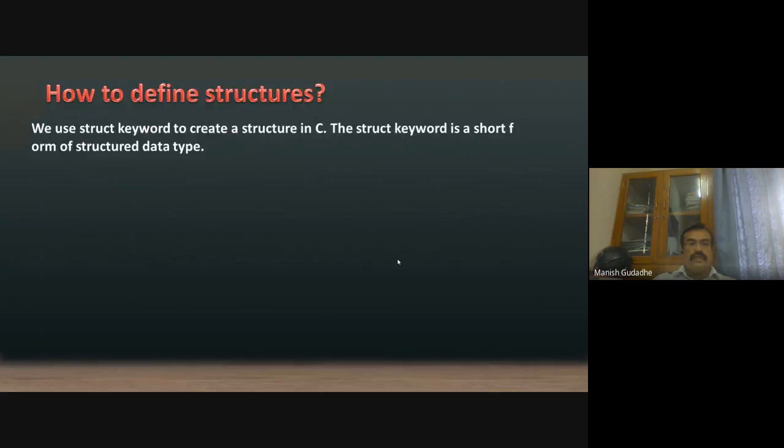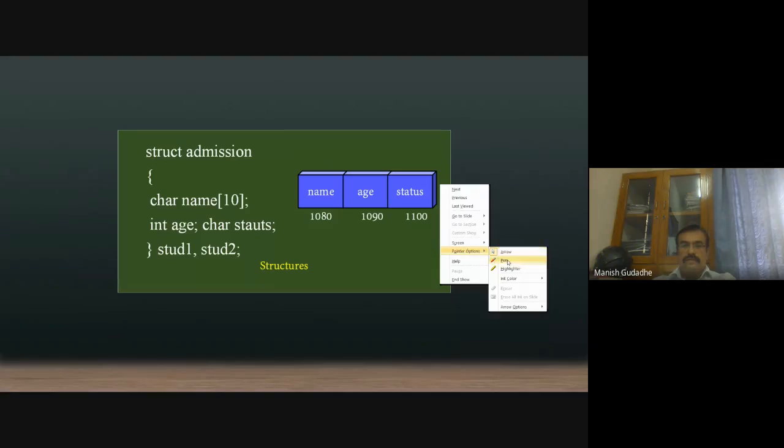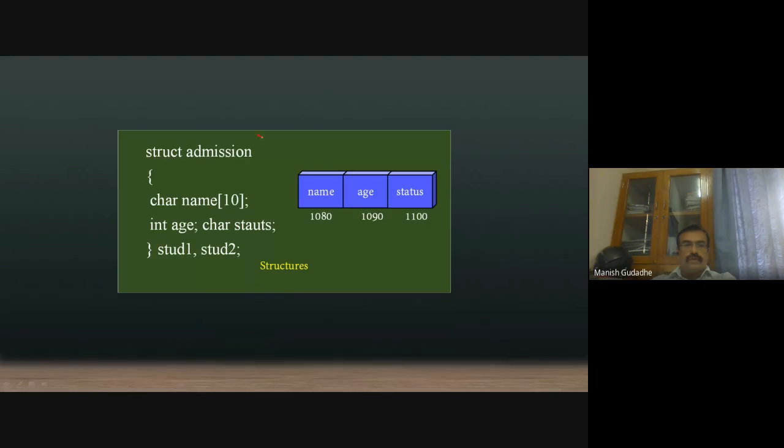Yesterday we have seen that this kind of record, this block, will be created. This is the definition of the structure, which will be there in the compiler. And these are the variables which are created. As soon as a variable is created, this kind of block will be allocated in the memory.